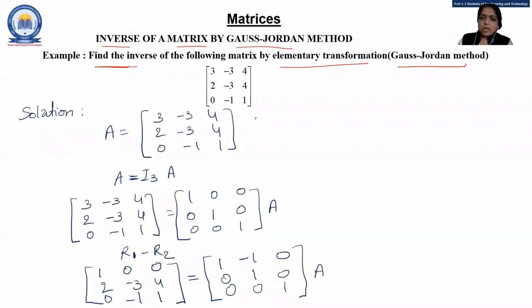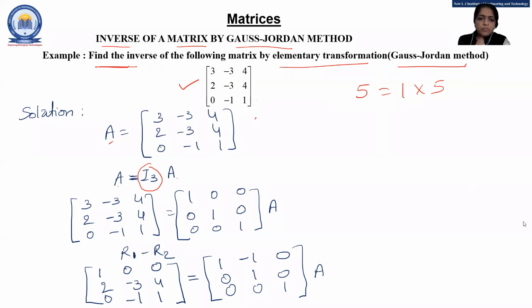Here we have been given a 3 by 3 matrix. And if we write it as A, right? So A is our 3 by 3 matrix. So A equal to I3 A. Both are the same. Why? Because suppose we have 5 equal to 1 into 5. Both are the same or not? Similarly, in the matrix, I3 is the identity. Here we have a 3 by 3 matrix, so I am taking here I3, the unit matrix, the identity matrix.